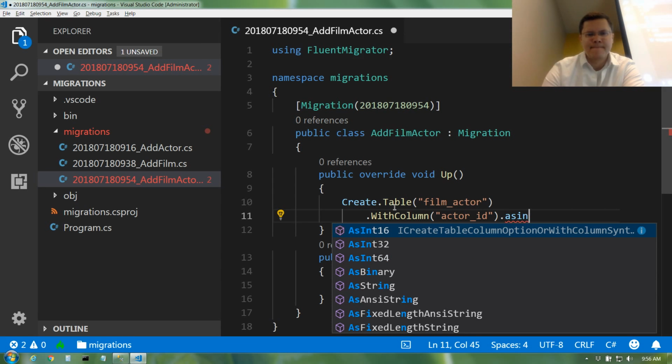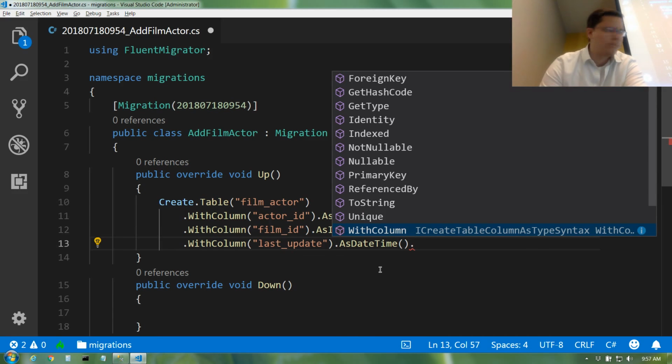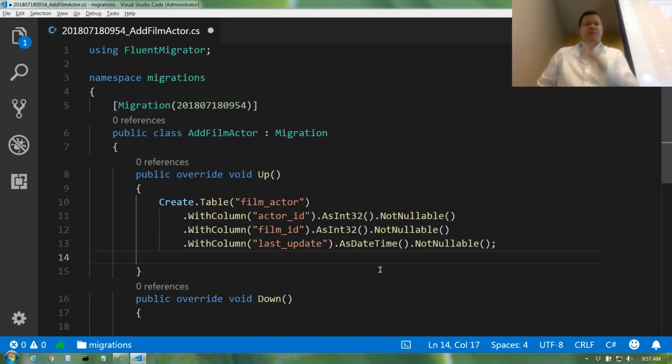Okay, so we got film actor with column actor ID, and then we'll put in our other foreign key field, that's film ID. And then it had a last update column, that is date time. Okay, so that's our table, and that was easy enough. But now we need to create some foreign keys. So how do you think we start off doing that? We just did a create.table. Same thing,